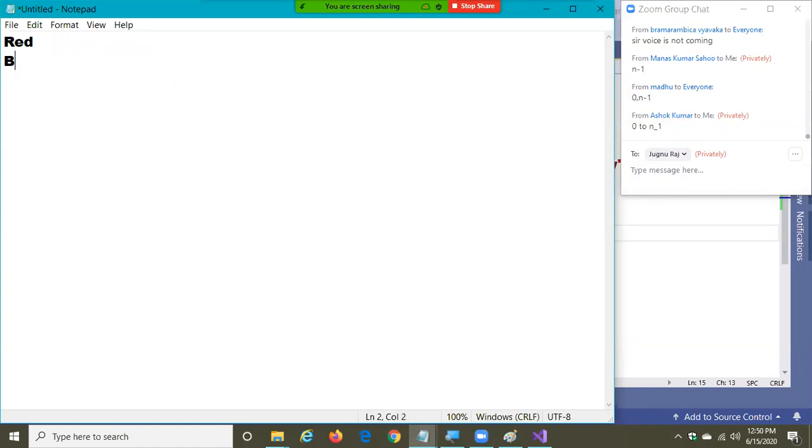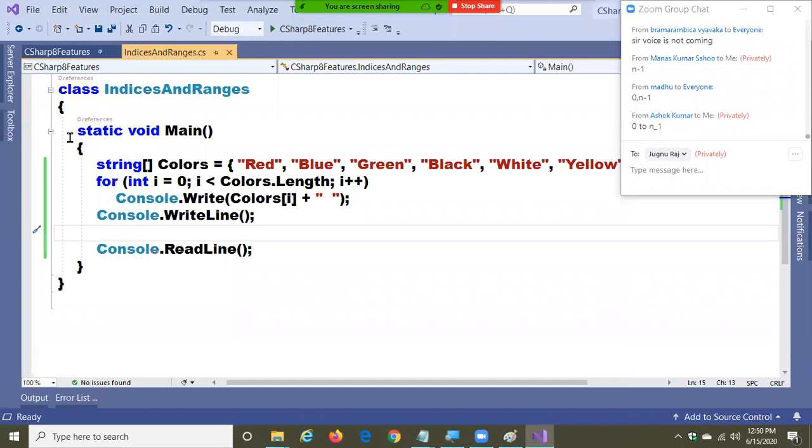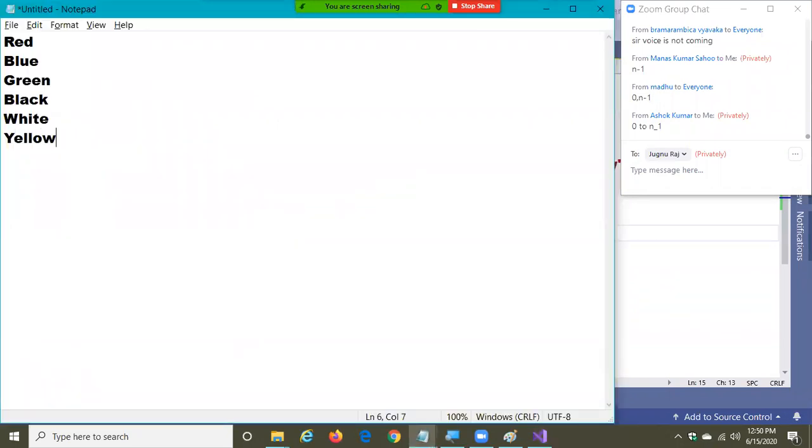I'll tell you. Red, blue, green, black, white, yellow, brown, purple, and magenta. All the values are taken. Now, if you talk about the indexes, they are 0, 1, 2, 3, 4, 5, 6, 7.